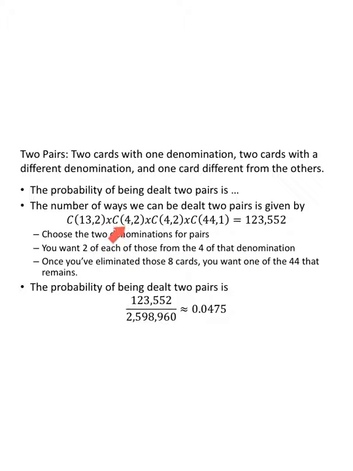Now, we've eliminated all of the aces, all of the kings. Out of 52 cards that we started with, we're now left with 44. Out of those 44 cards, I need 1 more to complete my hand of 5. All right, 2 denominations. I have a pair in one denomination, a pair in the other one. I have 4 cards in my hand now. Out of the 44 cards left in the deck, only 1 of them is what I need. I end up with